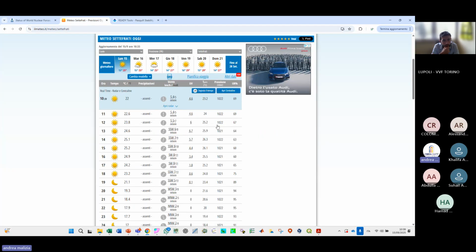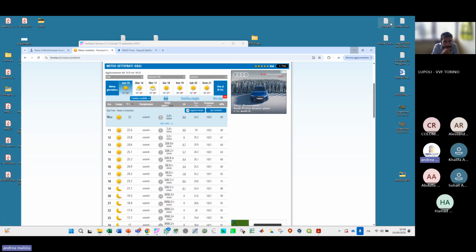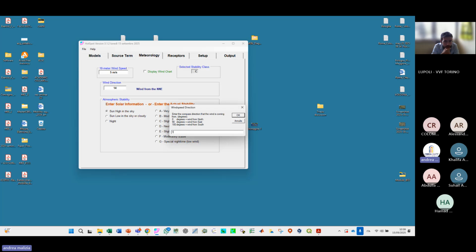But again, I go on internet. What is the direction of the wind? Direction of the wind is south. So if I want wind from the south, I write 180. I click on OK, and it changes wind from south. What does the wind change? The direction of the plume on Google Earth. If you change the direction of the wind, you have a different position, different direction of the plume. And we complete the